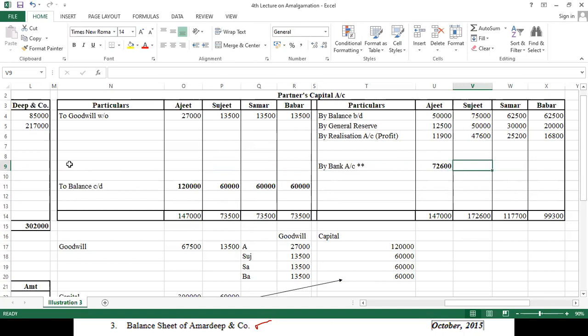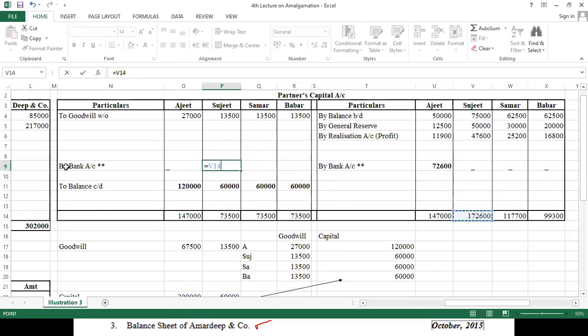ओके. और यहाँ पर बाकी सब में कौन सा साइड हैवी है? बाकी सब में आपका क्रेडिट साइड हैवी है. तो बाकी सब में क्या आ जाएगा बेटा? डैश डैश एंड डैश. ये यहाँ पर हम सेंटर में कर देंगे इसको. नाउ कमिंग टू सुजीत. सुजीत में कौन सा साइड हैवी बेटा? क्रेडिट साइड. सो अगेन हियर वी विल राइट बैंक अकाउंट एंड स्टार मार्क, बिकॉज दिस इज एन एडजस्टमेंट. पहला वाला अपना क्या हो गया? डैश. ओके.